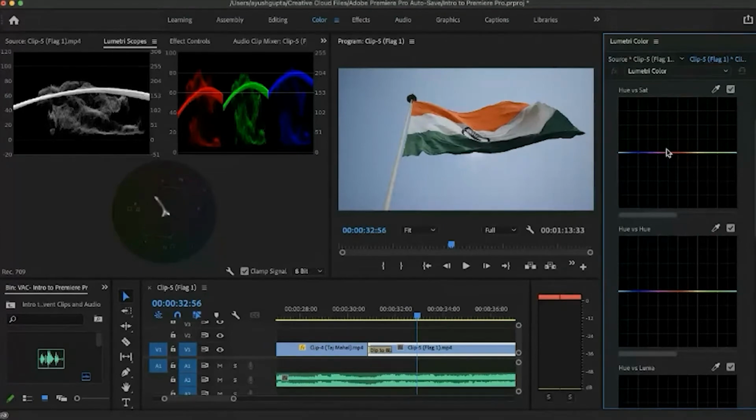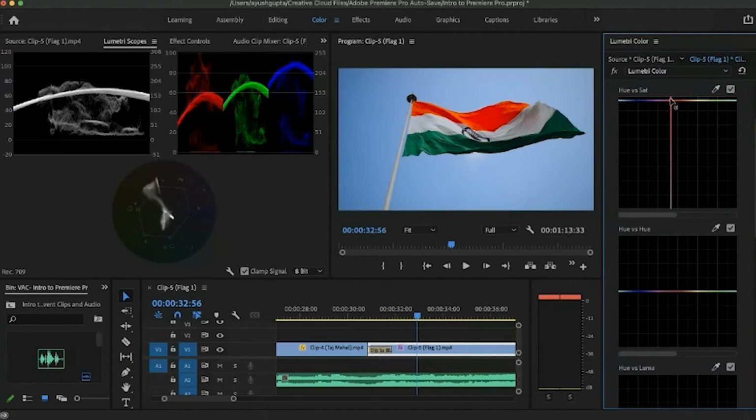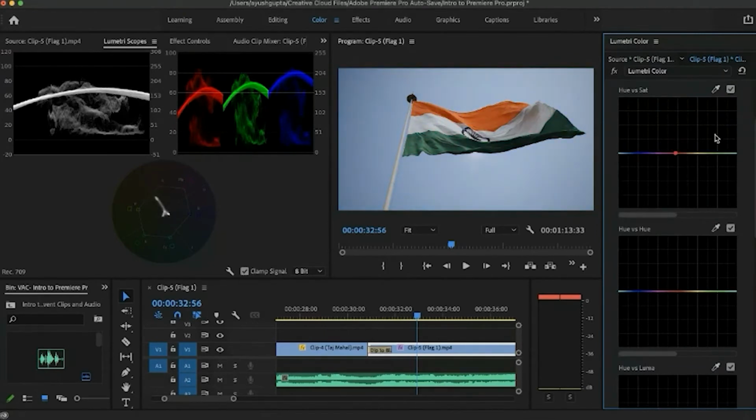Saturation is the intensity of the color, the intensity of the hue. So, for example, I use this hue versus saturation curve and click on red. This changes the y-axis, which is the intensity of red, as you can see. The lowermost part is white and the uppermost is red. And the third is L, luma, the brightness of the hue. How bright is the color?